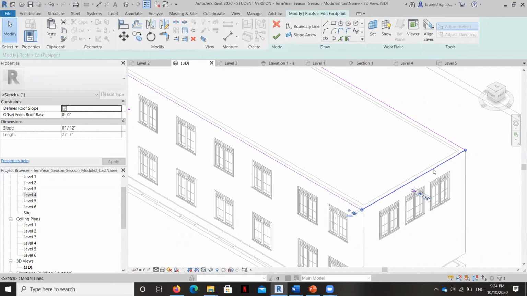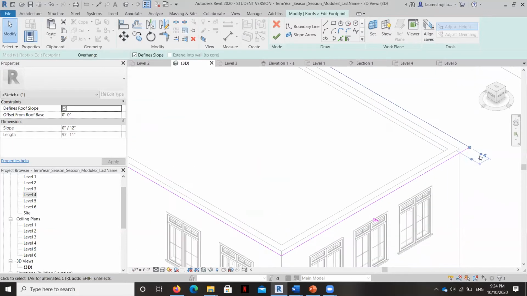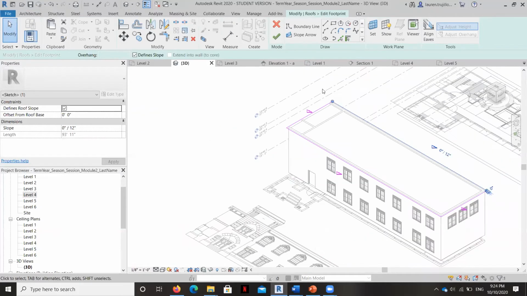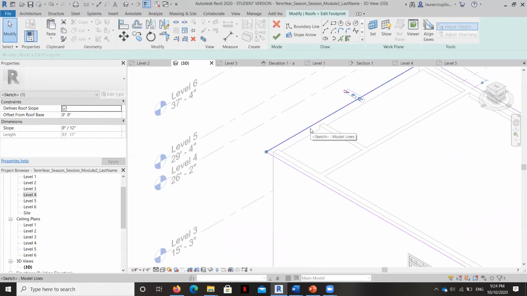And I can change it here by scooting it out. I'm just using my arrows to make this change. And I can change this to 12 inches. And this, I can use my arrows to move that out. I'm using my up arrow to move it out. And I can click on this dimension and change it to 12. And I can do the same thing here.